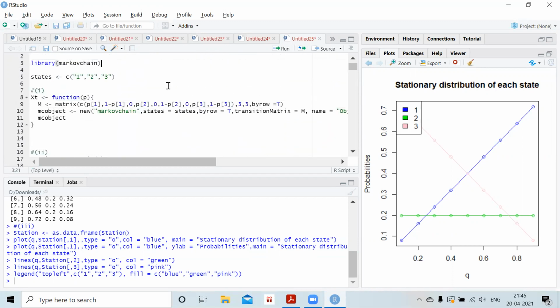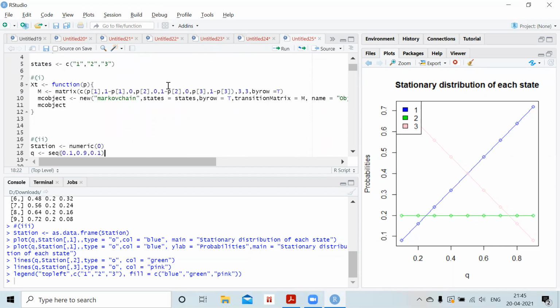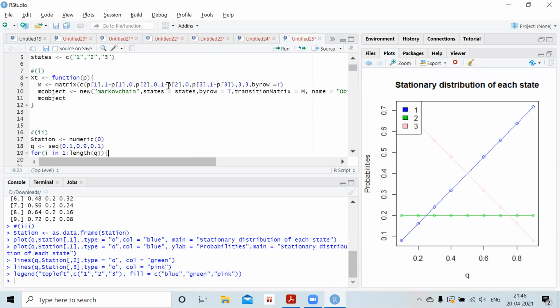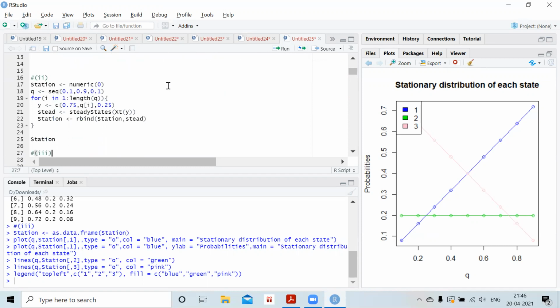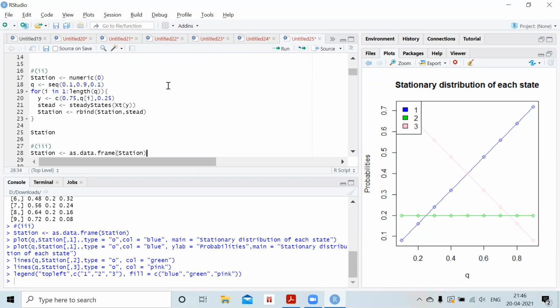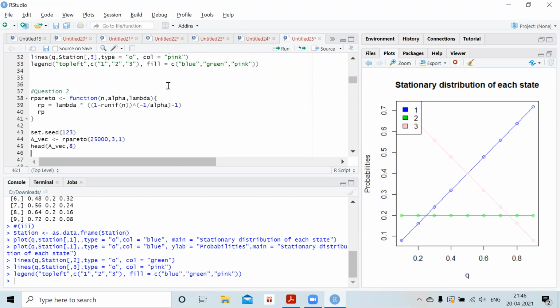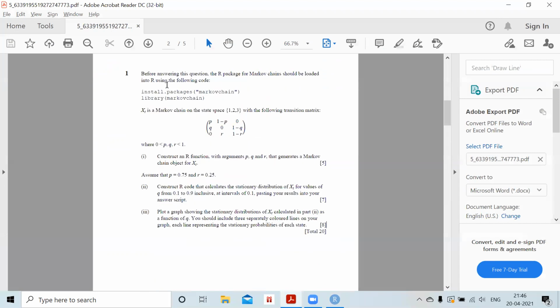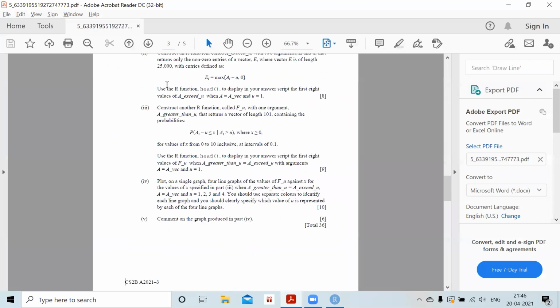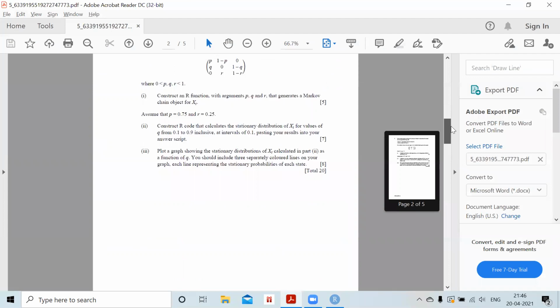There's nothing difficult. Yes, the paper comprised this time of more functions, more general knowledge of R, and more theoretical knowledge, which is very important. As I always say, basics of R are very important. If you don't know base R, writing functions and writing loops will be really difficult. So this is all about question 1. Moving on to question 2. There's nothing else which has been asked in question 1, no comment, nothing.